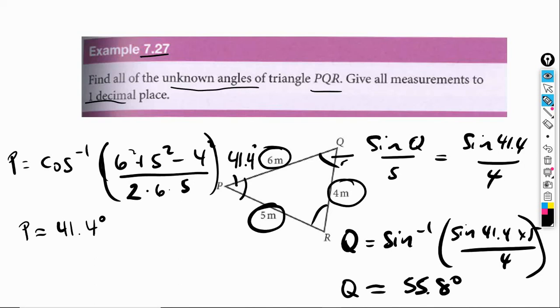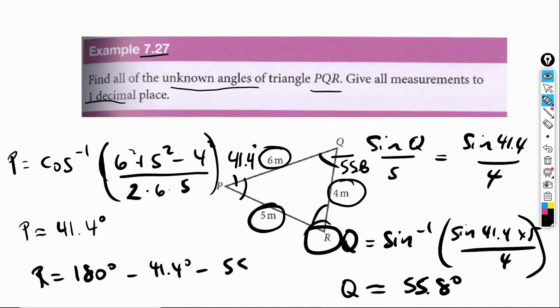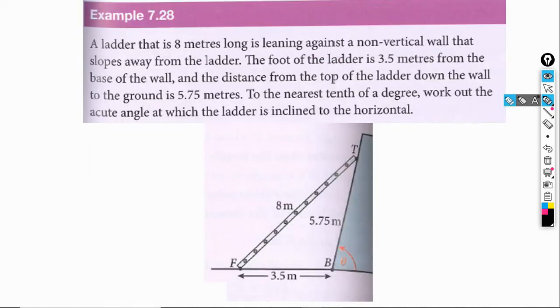So this is 55.8. All we're missing is angle R, but R is simply going to be 180 degrees minus the two angles that we found, right? So minus 41.4 degrees and minus 55.8 degrees, and that gives us approximately 82.8 degrees. Very well, so our next example is 7.28, and it says that a ladder that is 8 meters long,